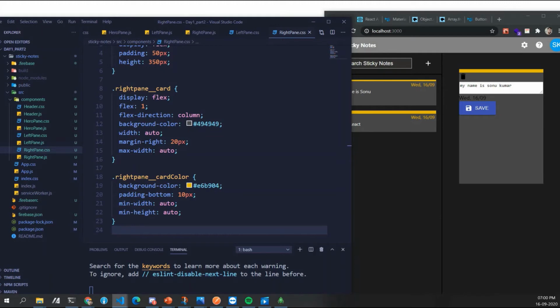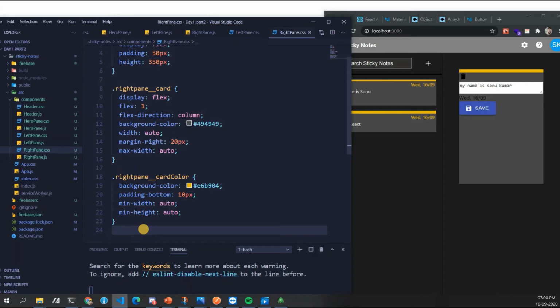Now tell me this thing, guys. I want to make this go to right. What should be my command for card icon? Icon should go to right. What should be the command? Flex and I think justify content. Justify content flex, and I told you one more thing is there.